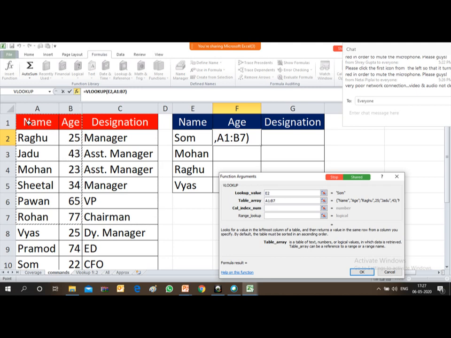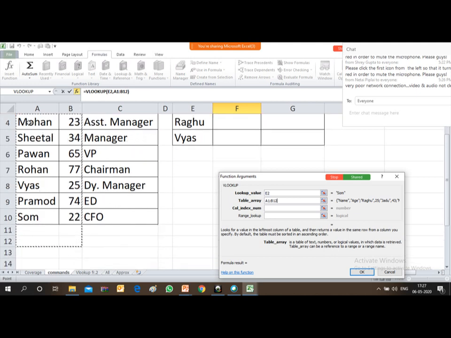If I want to derive the age of each and every person, I will select the two columns. Friends, you have to keep in mind the number of the column from which you want to derive the data. The first column is for name, the second column is for age.